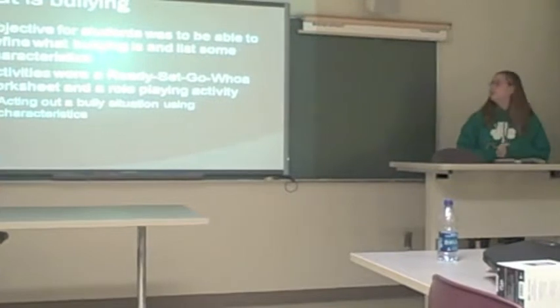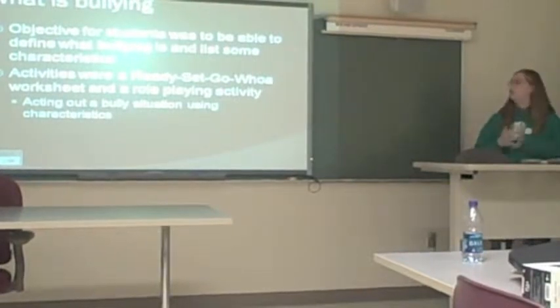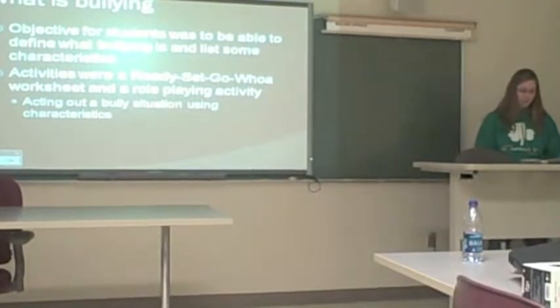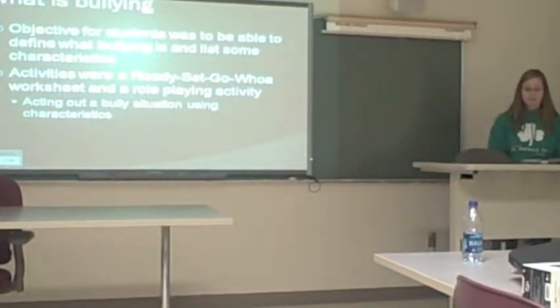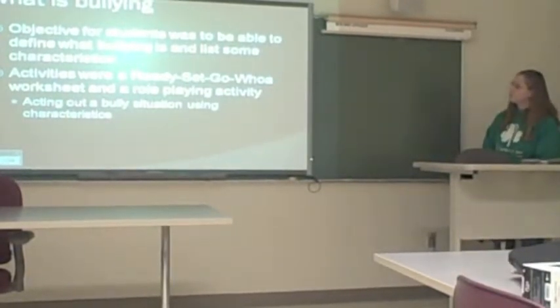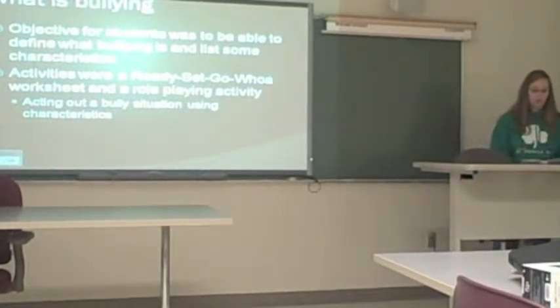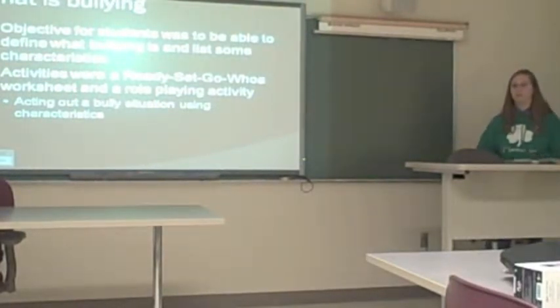Okay, so the objectives for students were, again, what is bullying? That was day 1. This is just the overview of what it is. So the objective was for students to be able to define what it is and list some characteristics. And as we know, it's an overbearing person habitually and constantly badgering or intimidating a weaker person. We also listed 3 types of bullies, which were the confident bully, the anxious bully, and then the bully and the victim, and that pertains to a person who is a bully and then is also a victim of bullying.